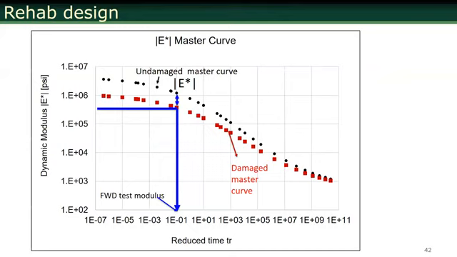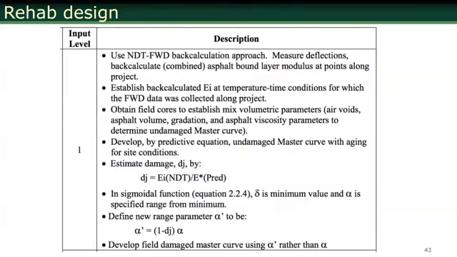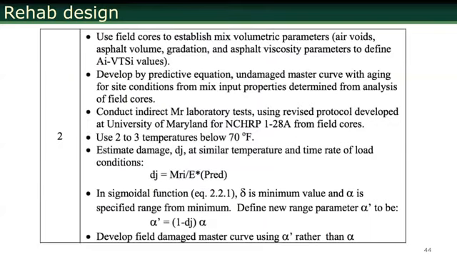Let's say you get an E star of this. Let's say estimated undamaged modulus is this, so you come up with some kind of a damage ratio. And that damage ratio is used in calculating the E star master curve alpha parameter based on the damage. And then from that, we come up with